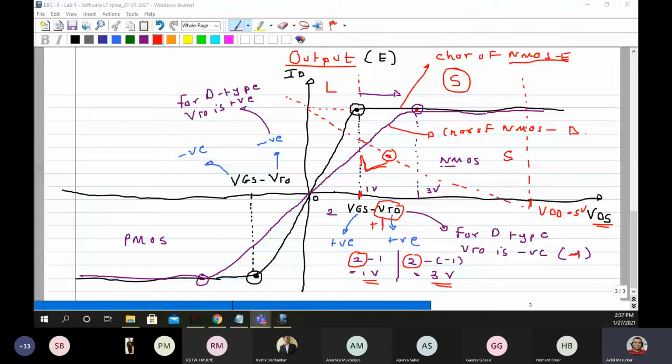So we have 4 input characteristics and 4 output characteristics. So I will do for NMOS, input and output, both enhancement as well as depletion type.